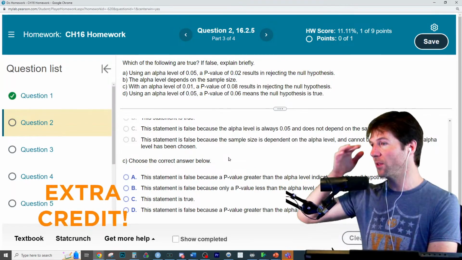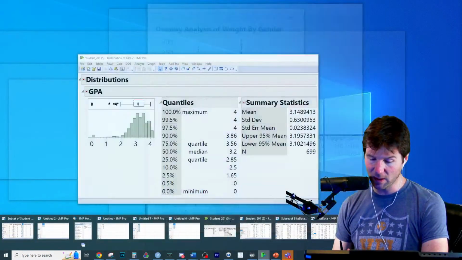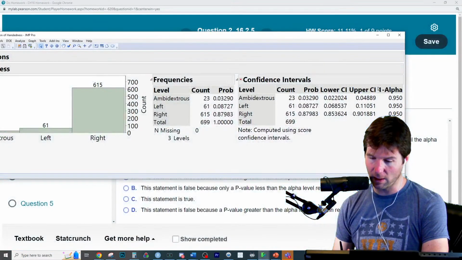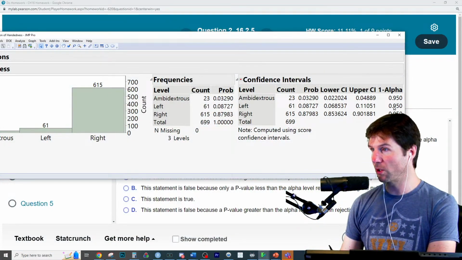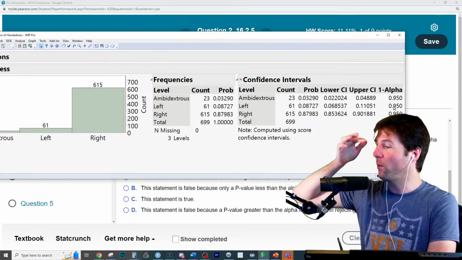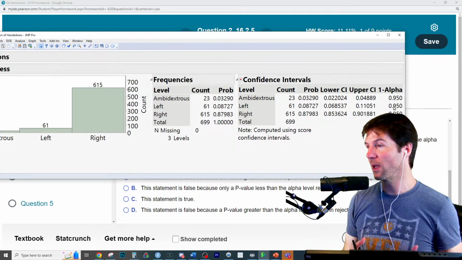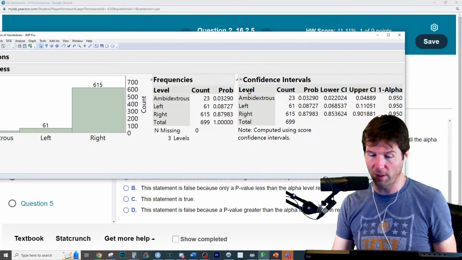Each confidence interval has an associated alpha level, which we see in the JMP output. It does specify right here in a lot of output that 1 minus alpha level is the associated confidence interval, coming to the same conclusion as a 95%. So the alpha level would be 0.05 if you were to turn those into tests. So it can be associated with the test, and it's basically based on the researcher, whatever they want to do.